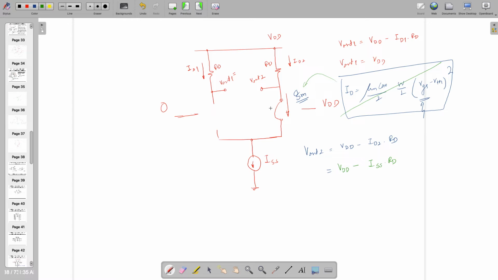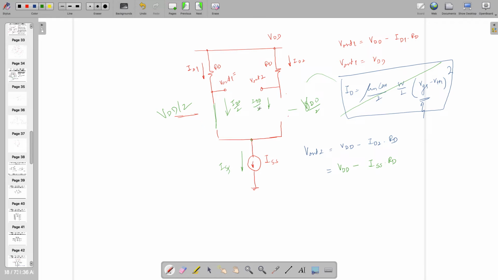Notably, because it's KCL and the entire current has to flow from somewhere, if this particular guy is asking for current ISS and this guy is not giving any current, this guy has to provide all the current. Or if I'm going this side, if this is VDD and if this is 0, then the entire current has to come from here. If it is in between,